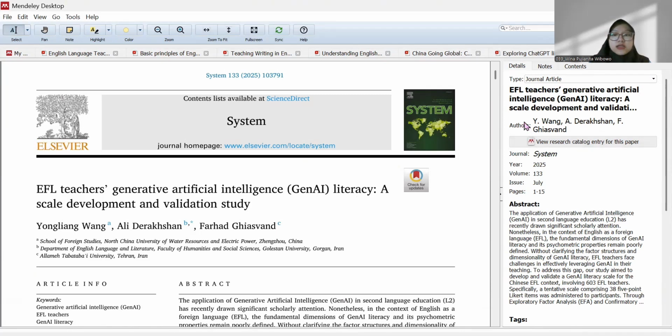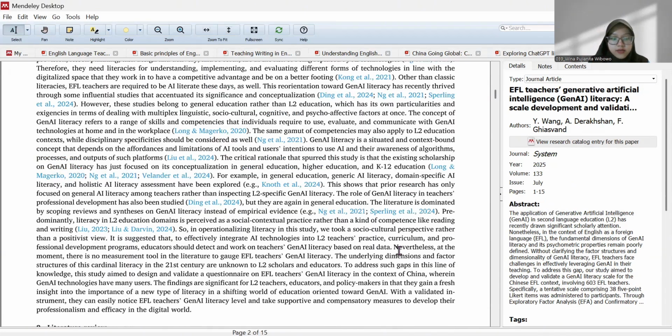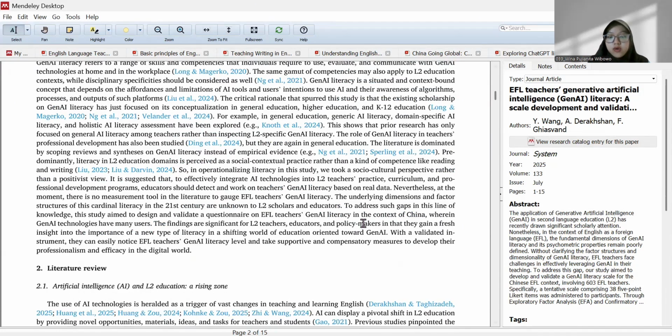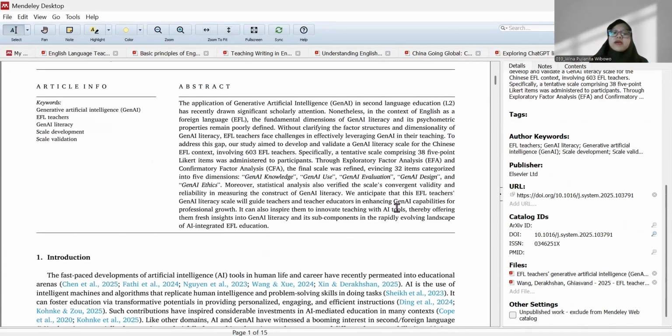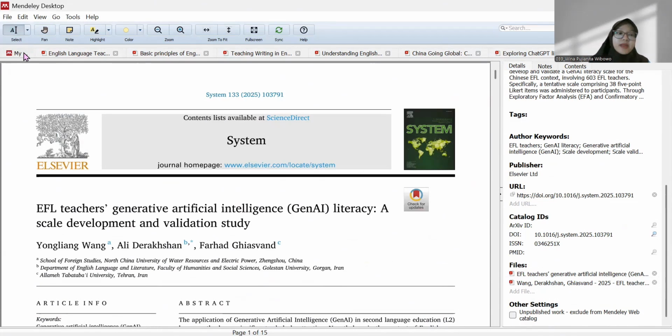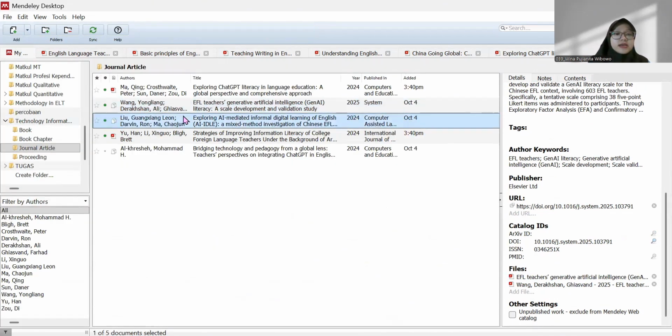the title is EFL Teacher Generative Artificial Intelligence Literacy Skill Development and Validation Study. With journal title System, and year of publication 2025, and volume 133, issue July, and pages 1 to 15, and publisher Elsevier, of course. And next is